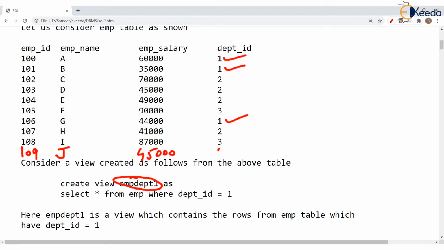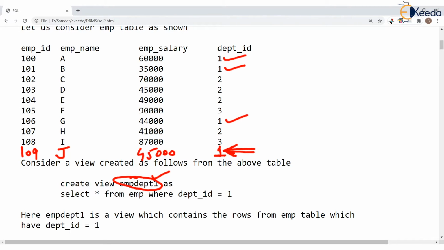Just observe. Oh, there is one more new employee who has joined in the first department. Then this newly added row, which was added in EMP table, will be automatically added in EMPDEPT1 view. Whatever changes you do in your original or parent table will be seen in the view.